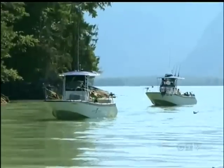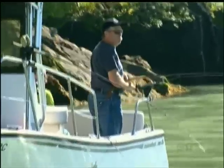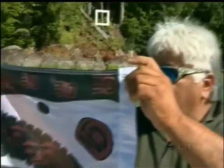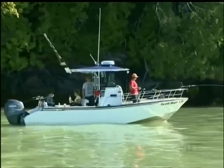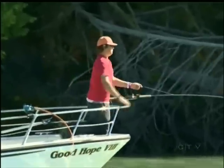But what's unique here is the resort's promotion of their catch and release philosophy. Guests still can take fish home, which the resort will even clean and package for you, but the really big ones they turn back into the water once they've been caught. We had Roy Henry Vickers design the flag. It's called Salmon Skull, so if you have a fish over 30 pounds, you fly this flag. And if you have a fish over 30 pounds that you released, you fly it upside down, which means that